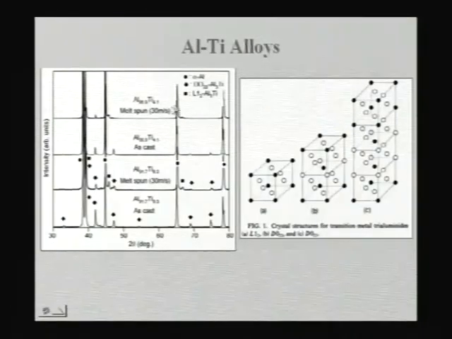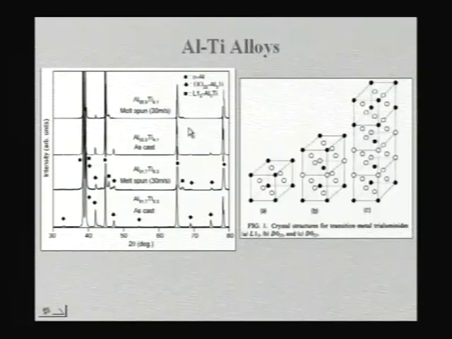So if one can produce them in a nanocrystalline form and change the crystal structure from the tetragonal structure to a cubic structure, ordered cubic structure, one can really have a good combination of strength and ductility, and that was one of the objectives of making these alloys. And you can see, if you do melt spinning of these alloys, one can generate the L12 structure. In the normal cooling, if you take the alloy and cool it normally, you get aluminum plus DO22 Al3Ti.